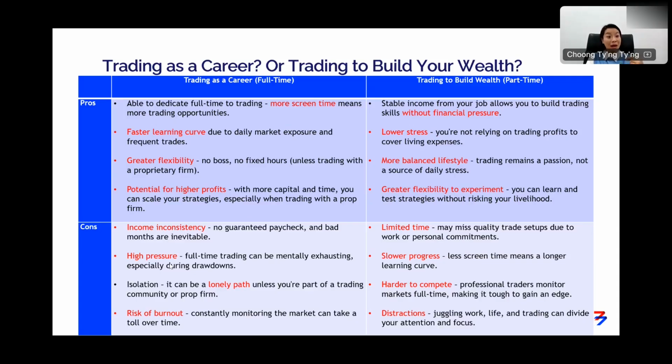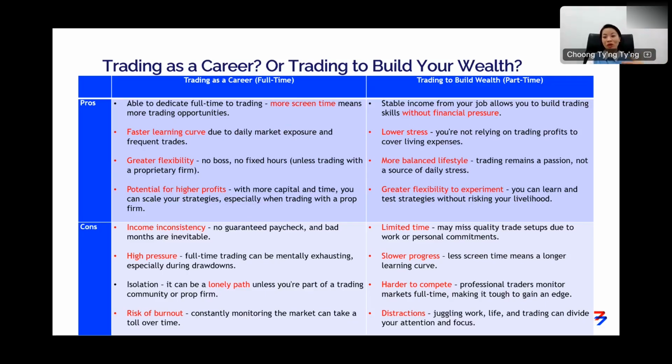And you're going to suffer high pressure as well. Definitely, when your income is inconsistent, you're going to suffer high pressure. And definitely, you have the risk of burnout as well. When you have a lot of stress, this is definitely unavoidable. But looking at trading to build your wealth